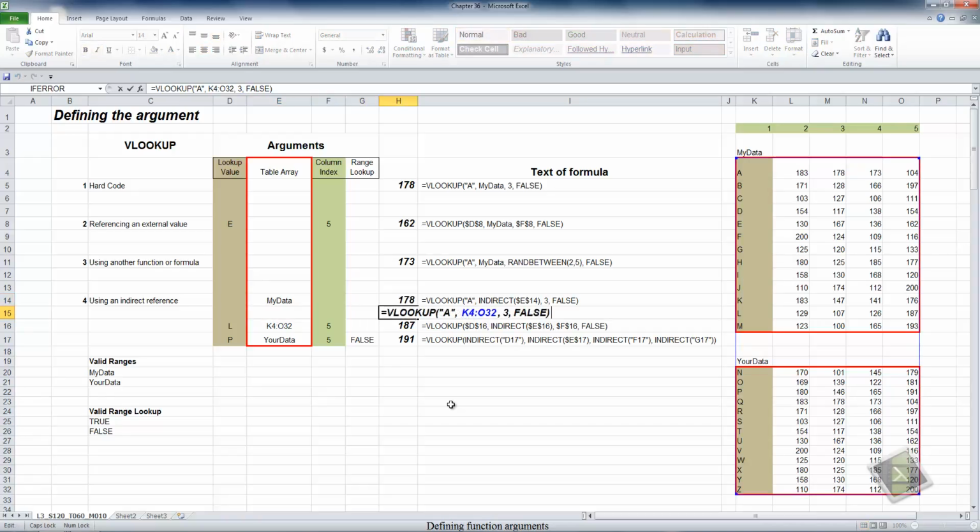This is another example where everything is hard-coded. But instead of using the named range for the table array, I define the range using the cell address, K4 to O32. That also can be generated external to the function in another cell, and then you can use an indirect reference to pull it into the VLOOKUP function in the following way. I've got K4 to O32 in cell E16, and I have an indirect reference in the place of the argument